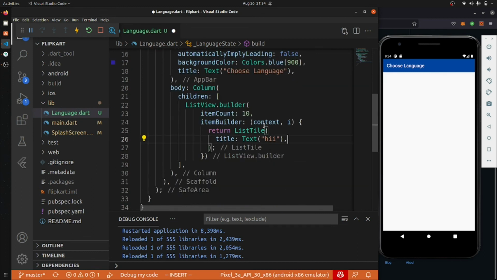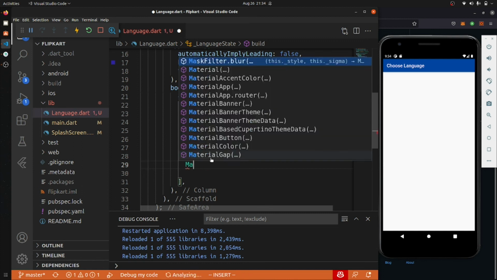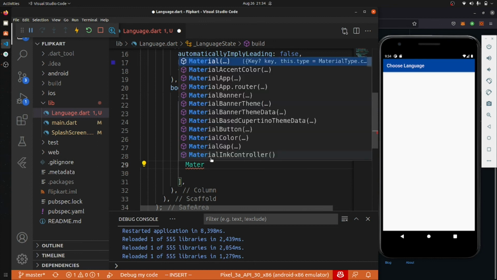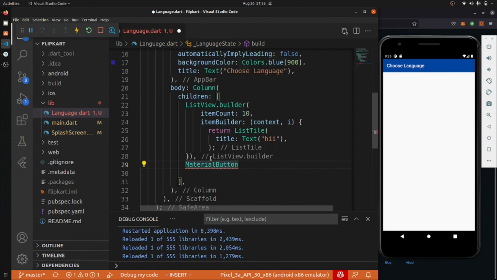And after this list builder, if you go with the simple step, let's say you are just creating a button, a MaterialButton.